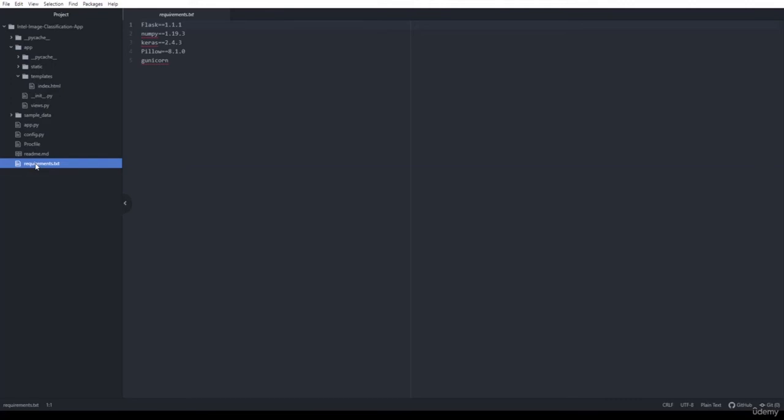So we can create this requirements.txt file. Let me show you how you can do that. For that, we need to copy the path of this particular folder where our project is saved, open the Anaconda command prompt, and move to that particular folder. So let's see how we'll do that. In the Anaconda command prompt, we first need to move to the folder where our project is saved. I've already copied the path for that. Now I'll type the command cd, which is change directory, and paste that path here and move to that folder.